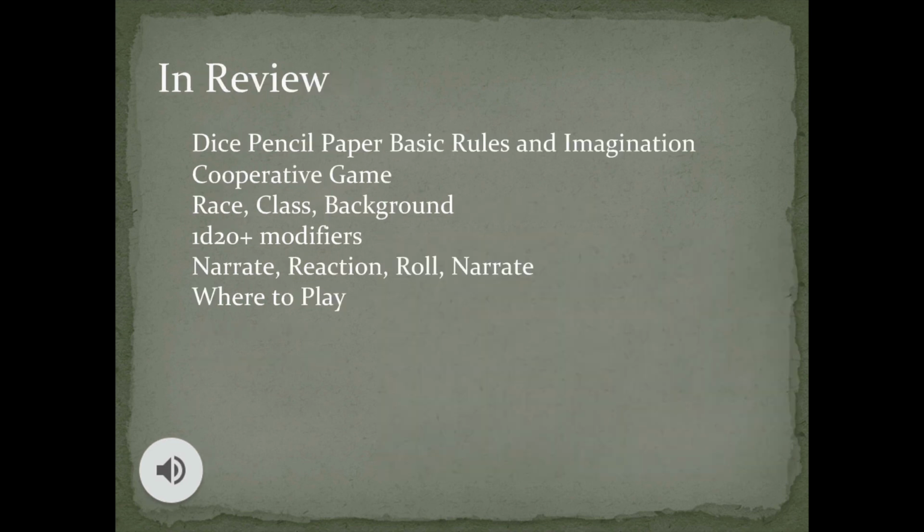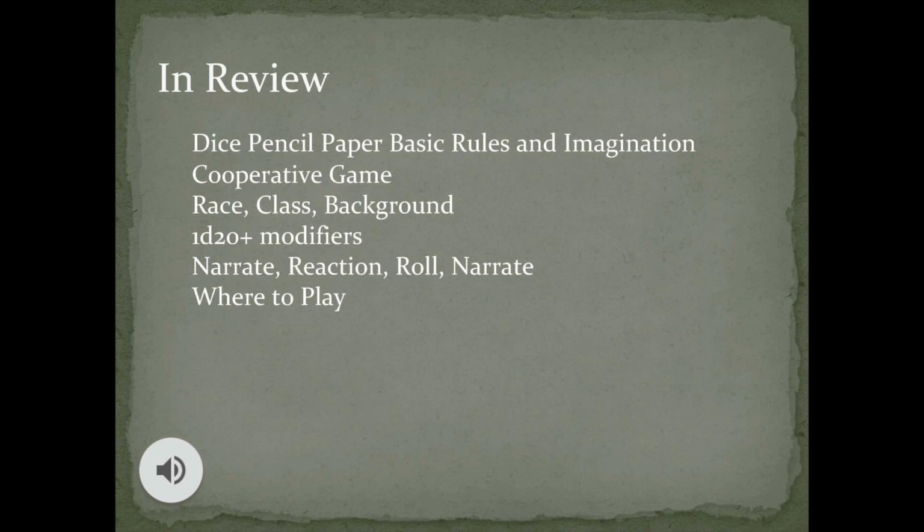And now just to go over in review what we've covered here, and to summarize what you need for a game of Dungeons & Dragons. You'll need dice, pencil, paper, basic rules, and imagination. Most of those you can get for free. The pencil, paper, and basic rules are online at wizardsofthecoast.com or through D&D Beyond, as I mentioned in the previous slide. Imagination you have to provide for yourself, and dice you can acquire through many online stores. There are also several free online dice rollers or phone applications.